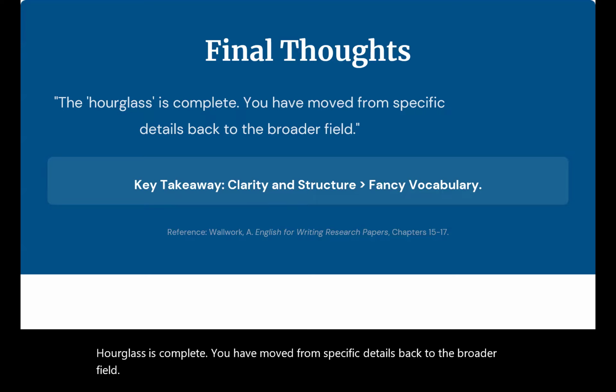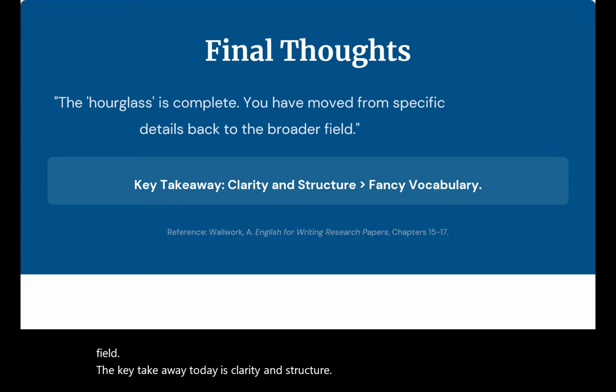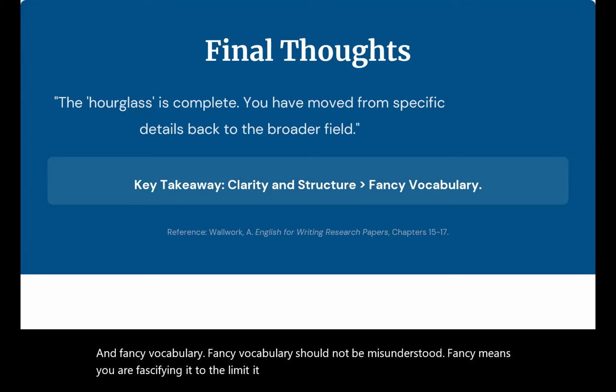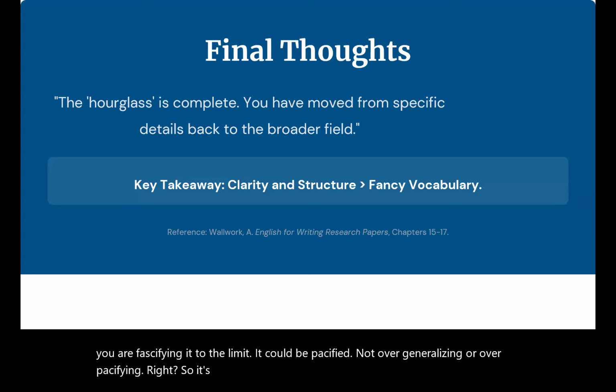The key takeaway today is clarity and structure, and fancy vocabulary. Fancy vocabulary should not be misunderstood. Fancy means you are using it to the limit it could be used, not over generalizing or overdoing it, right? So it's your language that makes that distinction.